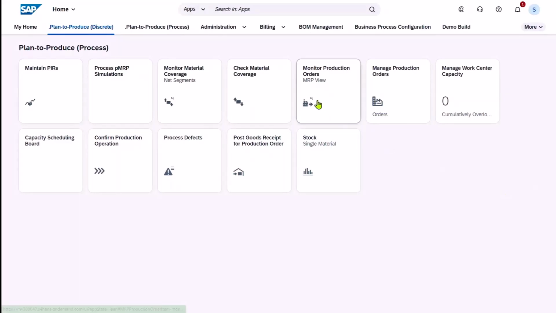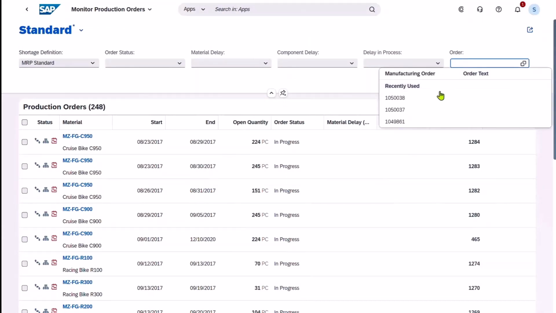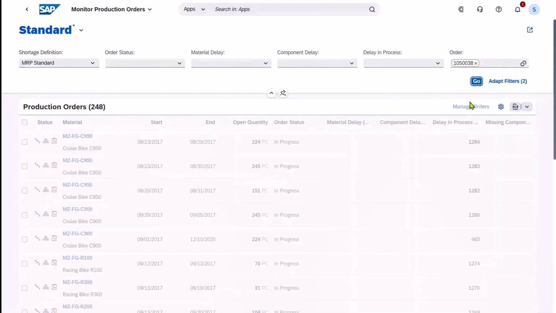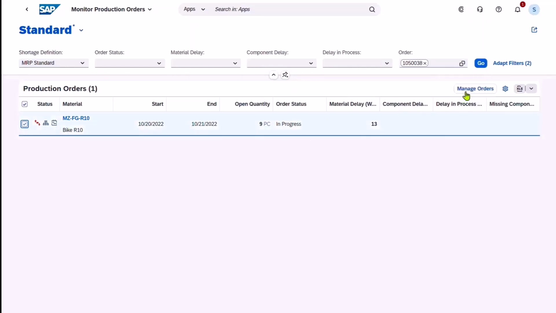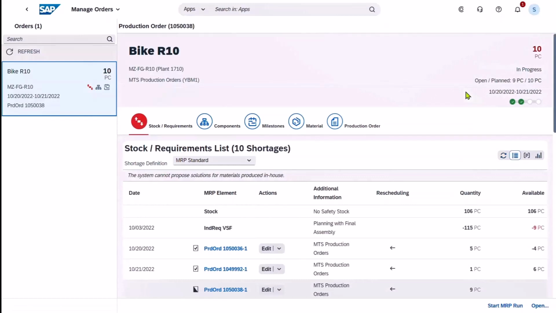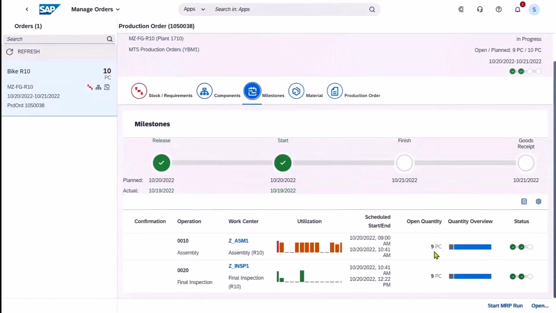Let's go into monitor production orders and find our order. Now you can see that we've got a balance of 9 as we've already completed one, and that's still in progress. And let's go into manage orders and look at the milestones. And you can see there are open quantities of 9 for both operations, but we've completed one of each. And let's open the production order